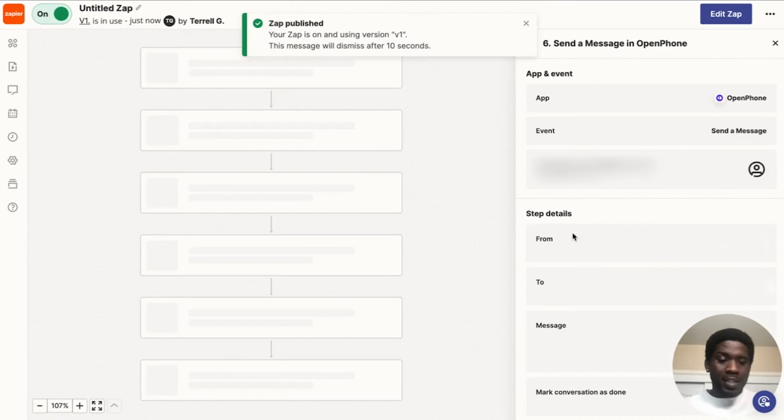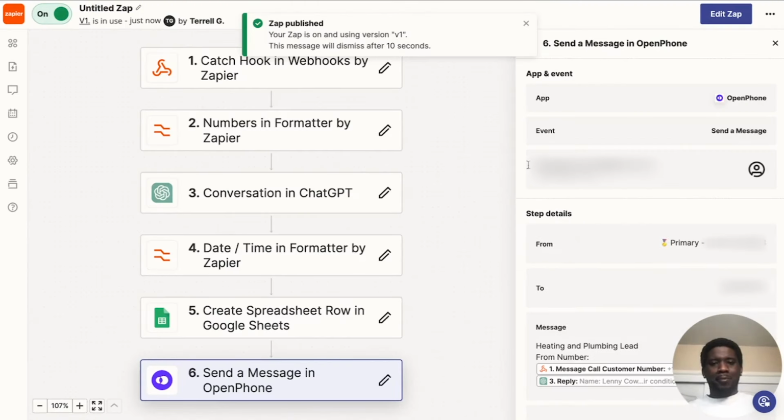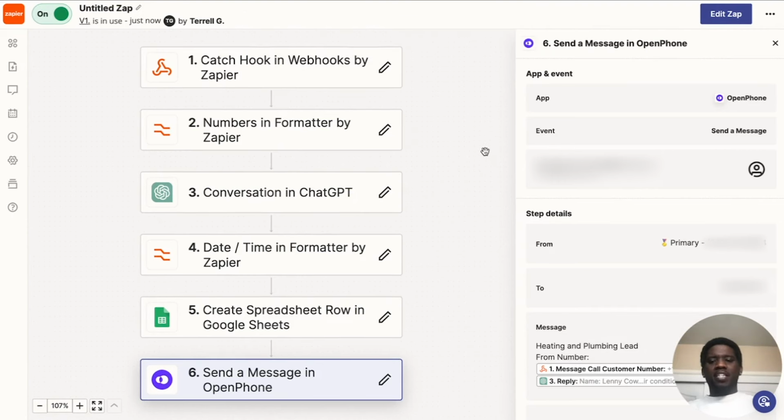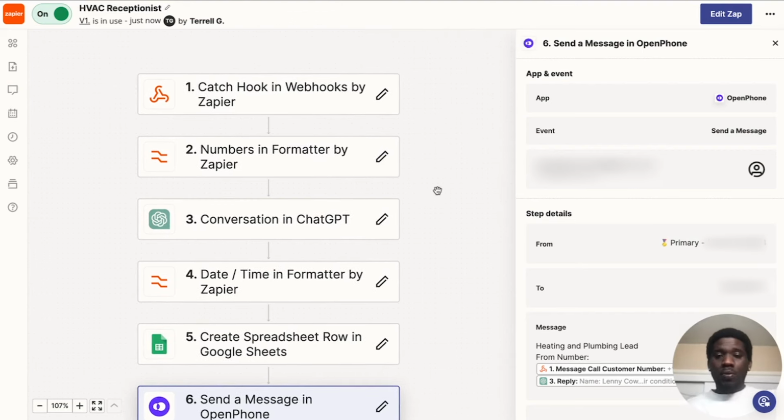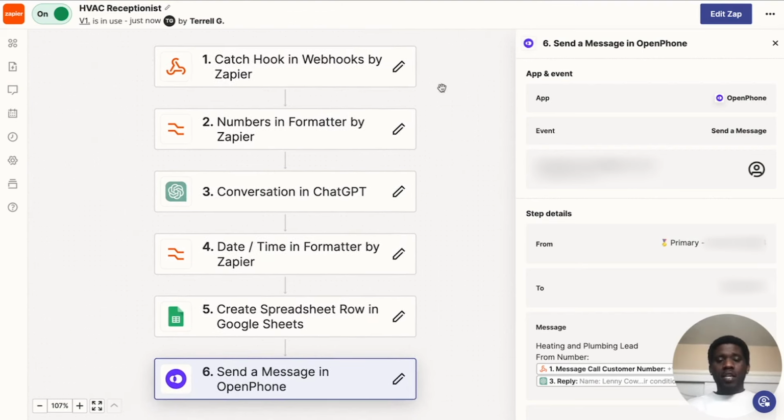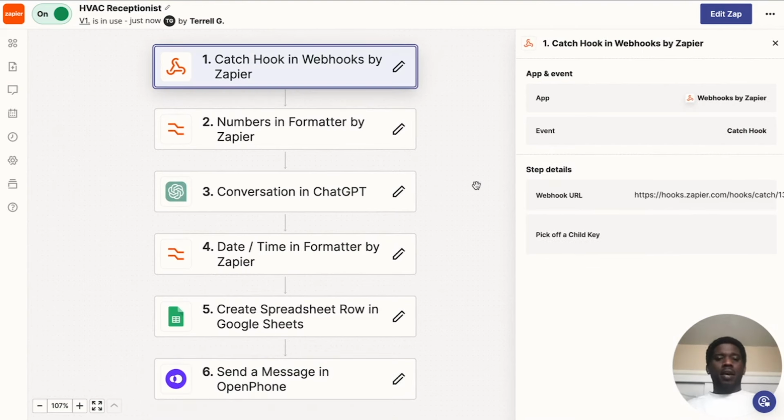And because we're going to test it anyway right now, so we'll be fine. All right, so now this Zap is published. Just called Untitled Zap, but I'll call it HVAC Receptionist. And then change it up and save. Perfect. So the last thing we need to do here is call up this voice assistant and just make sure